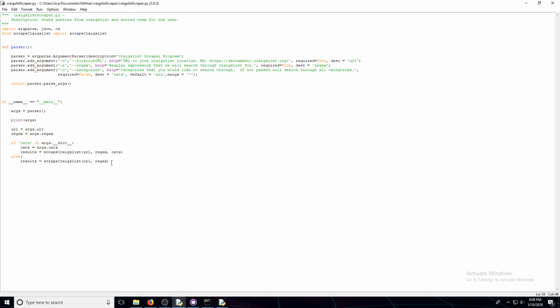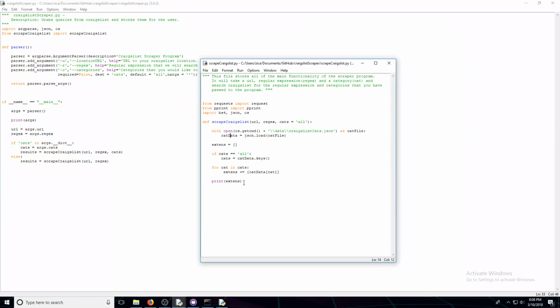So let's see here. What do we want to do next here? We want to come to here. Scrape Craigslist. And that'll add the other extensions that we need. Then what we need to do is loop through all the extensions that we have here. And we have the URL. Okay, so what we need to do is for extend in extends,